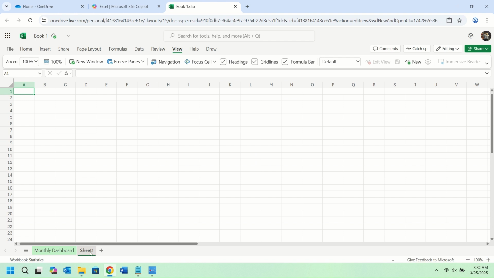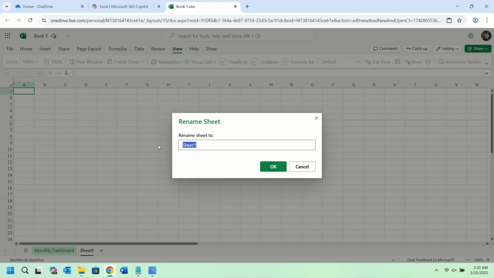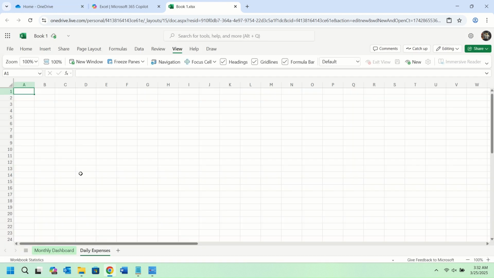Okay, then this one we will call daily expenses. So this is where you will be able to enter your daily shopping expenses. I'll also show you how you can use your mobile phone to take pictures of your receipts or your slips and upload them onto your OneDrive and link them here so that you can always have access to them. So again, with this one,